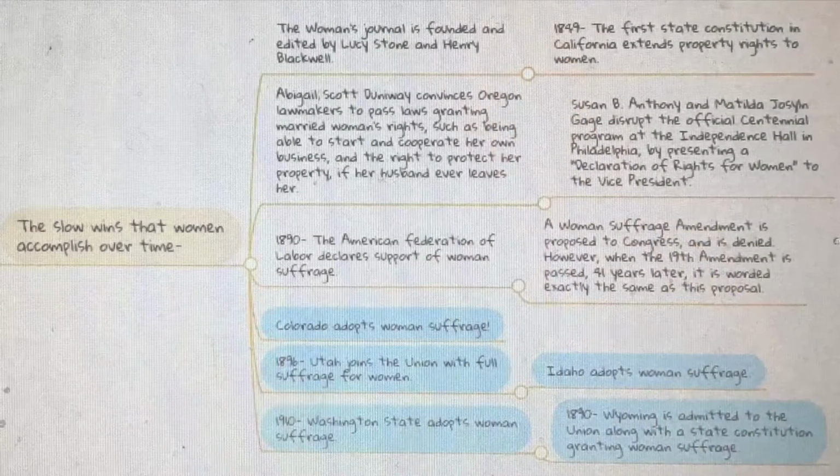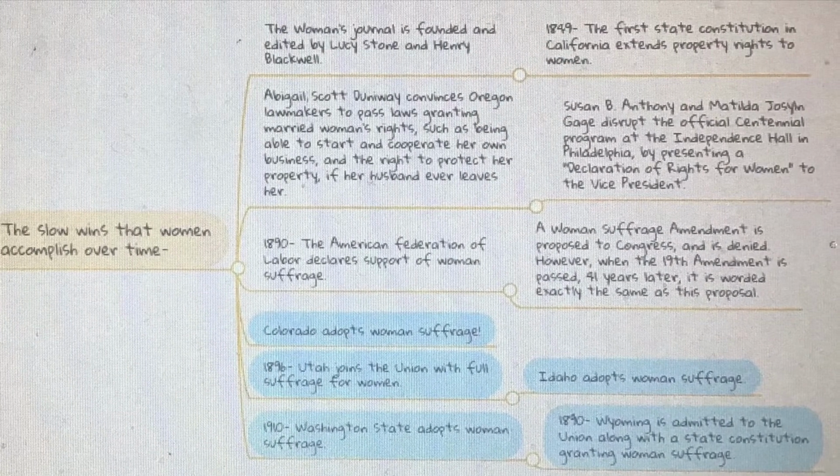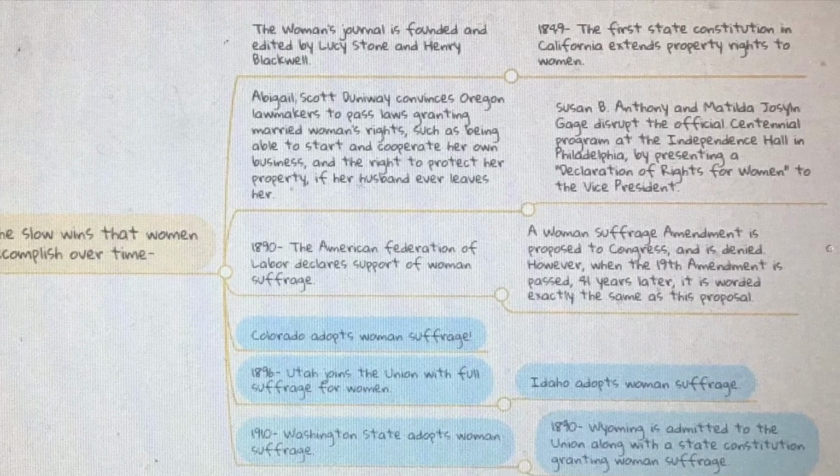West of the Mississippi River, women won complete voting rights in Wyoming in 1869, but went almost another 25 years without another accomplishment. But after launching the NWSA in 1890, women won the right to vote in 3 western states, and between 1910 and 1914, the NWSA achieved victories in 5 states as well. This is another part of my mind map that talks about the things that women achieved over time.